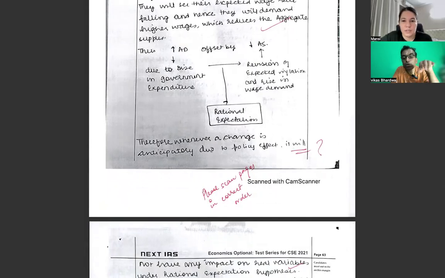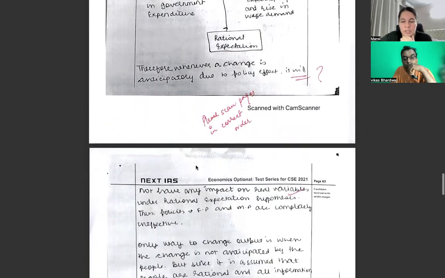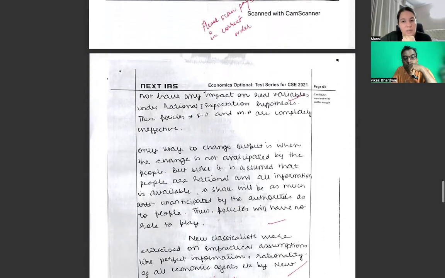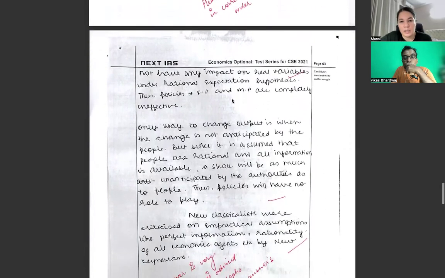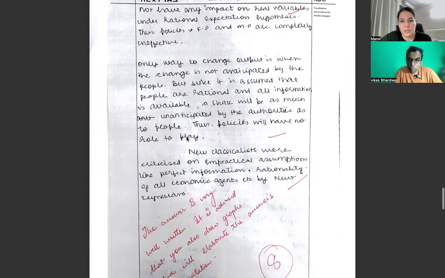Whenever a change is anticipated due to the policy effect, it will not have any impact on the real variables, and under the rational expectation hypothesis, fiscal policy and monetary policy will be completely ineffective. The only way to change output is when the change is not anticipated by the people, but since it is assumed that people are rational and all information is available, it shall